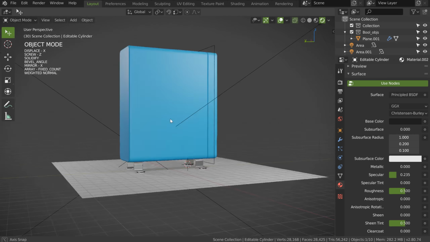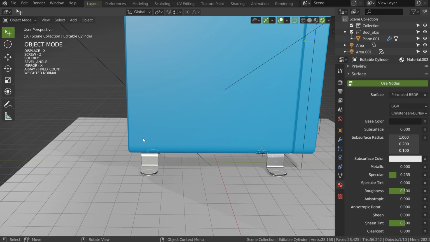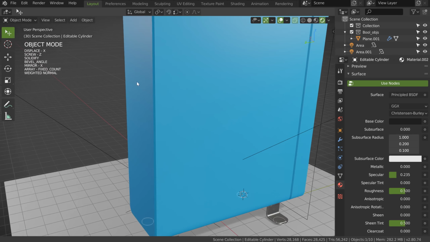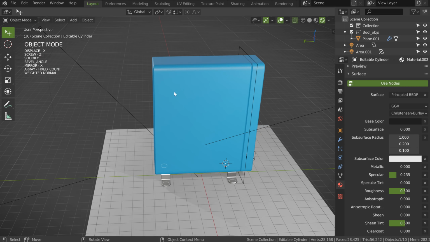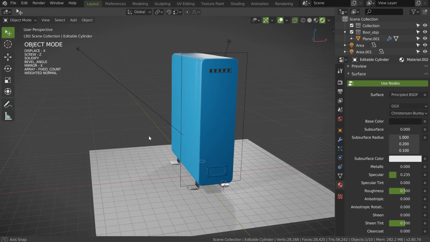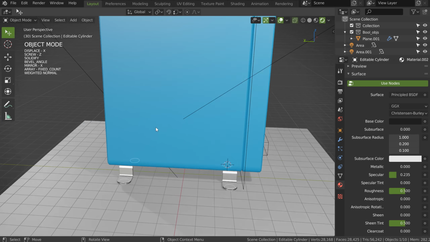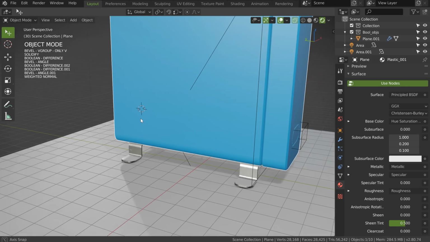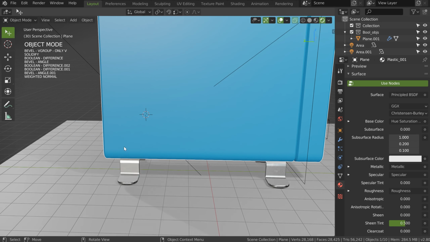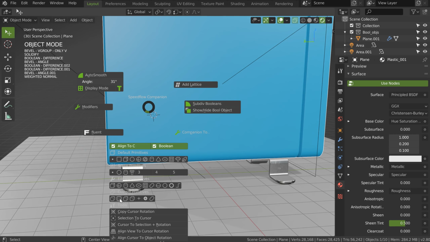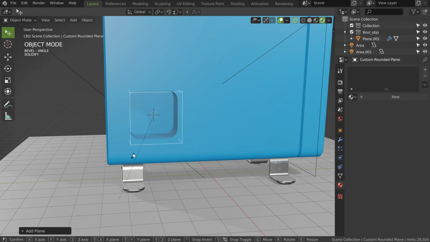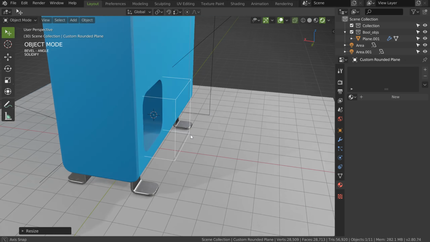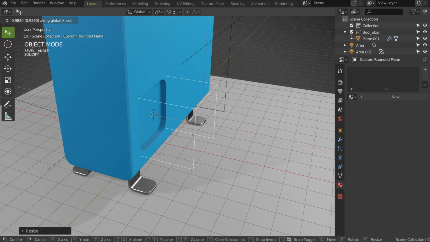Let's continue. What I will do, maybe add a cut here. That could be interesting. Same here. I will maybe not make the inside, the bottom part, we will never see it, but I want to add something here. So I will select my object, press Shift click. That will place my cursor here. I will activate the align to cursor, I will activate the boolean, and what I will do is press Alt and select this one. Alt and click, and that will give me this result, okay? So I will make it, yes, big like that. I can move it if I want.